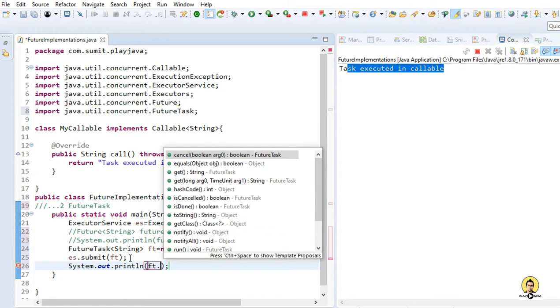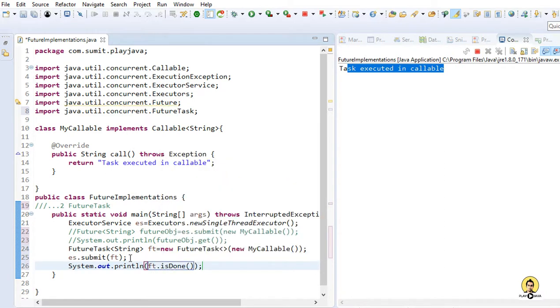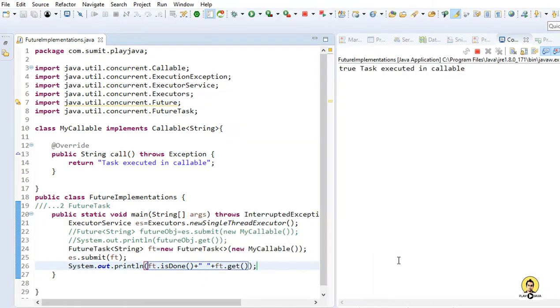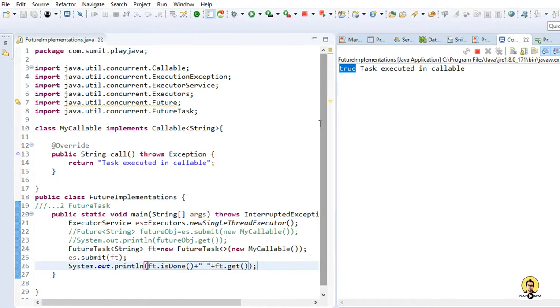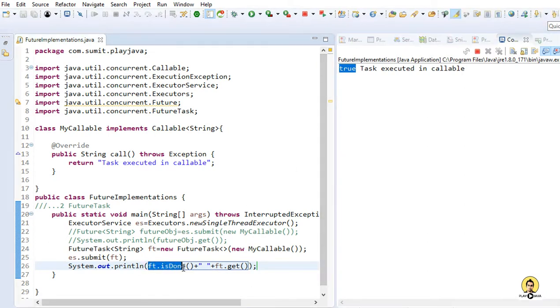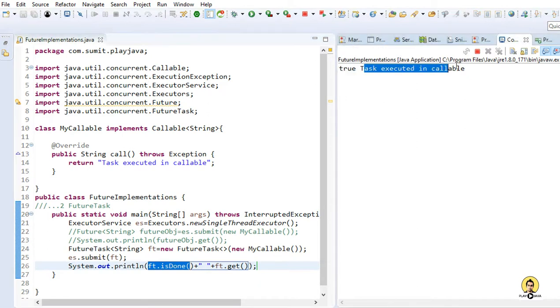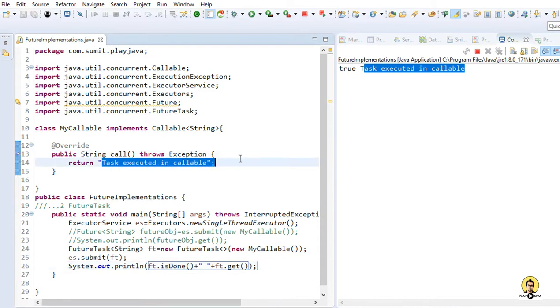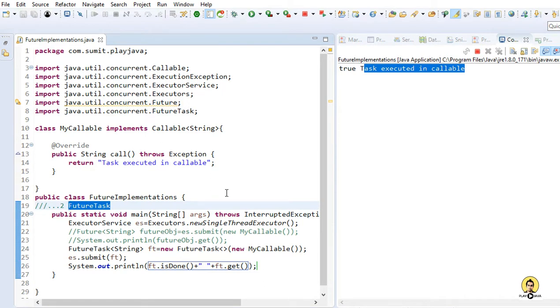So unlike Future, which was just getting data from executorService.submit, we are providing a FutureTask directly in the submit. We can print the data provided by the FutureTask using System.out.println. I am also going to check whether the task has been completed or not using the isDone method. After checking whether it has been completed, I will use the futureTask.get method and run as Java application. See, it has shown the boolean value true, that the FutureTask is done, and after that it prints the data through futureTask.get. So this method is sending the data to the FutureTask, and through futureTask.get we are printing that data. So this was about the implementation.